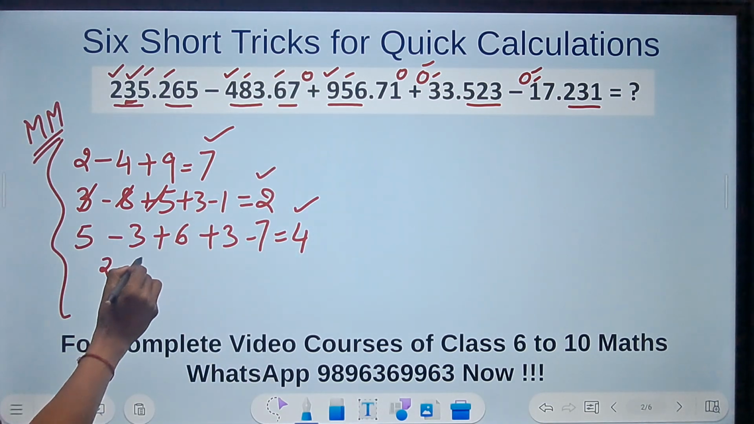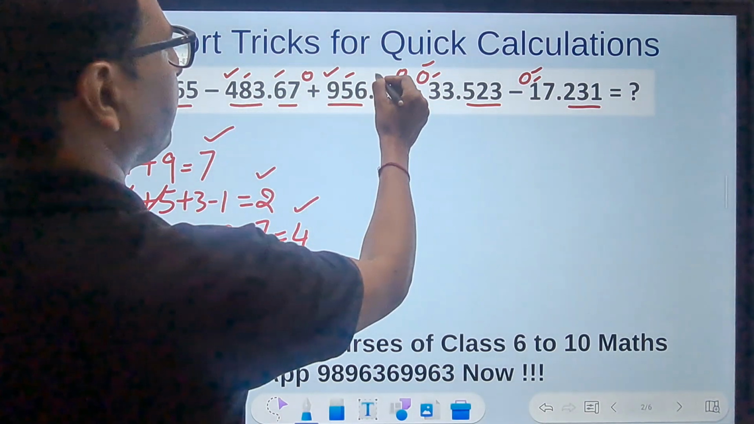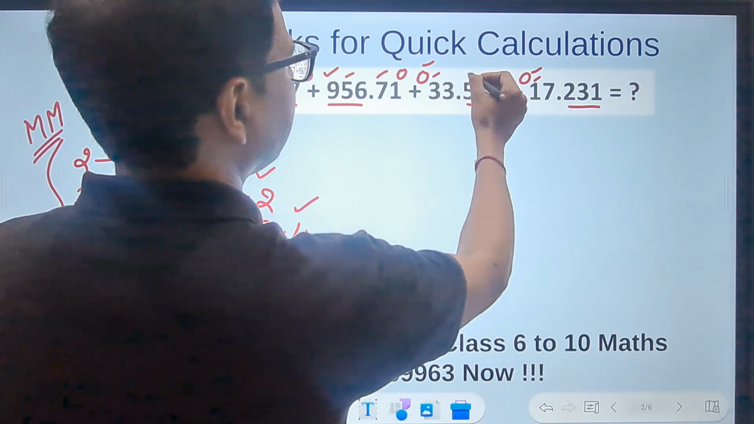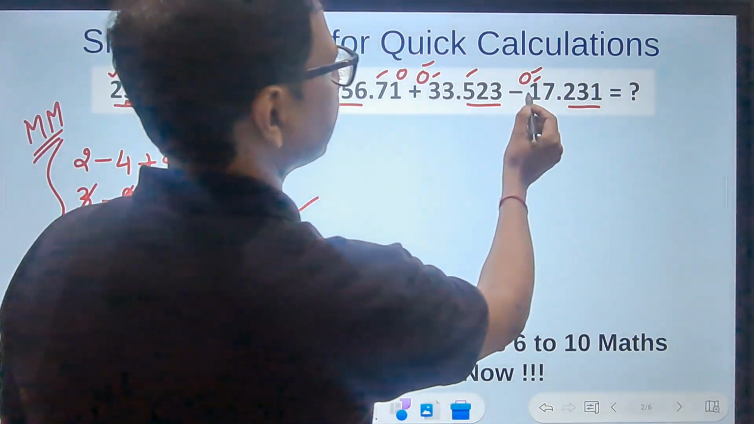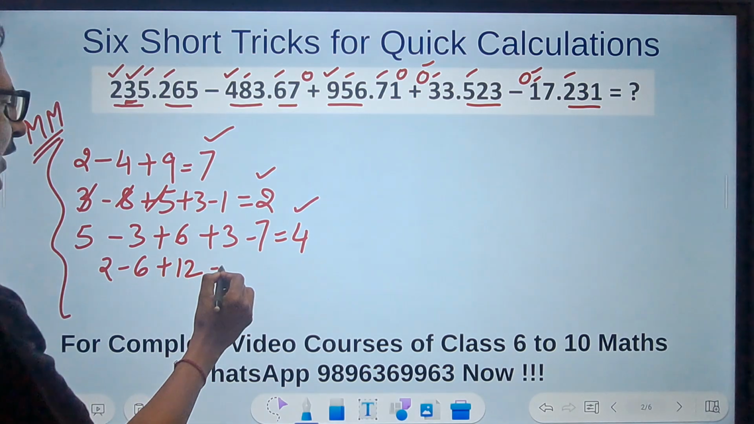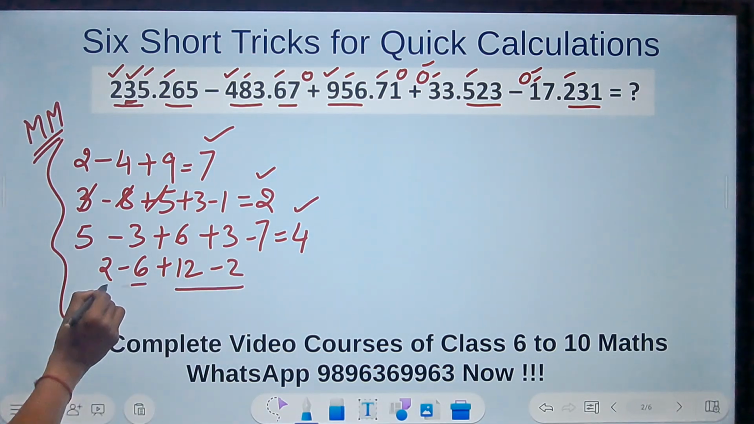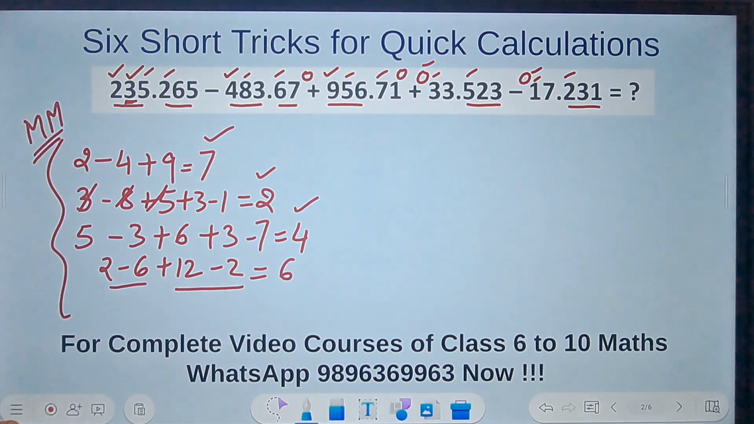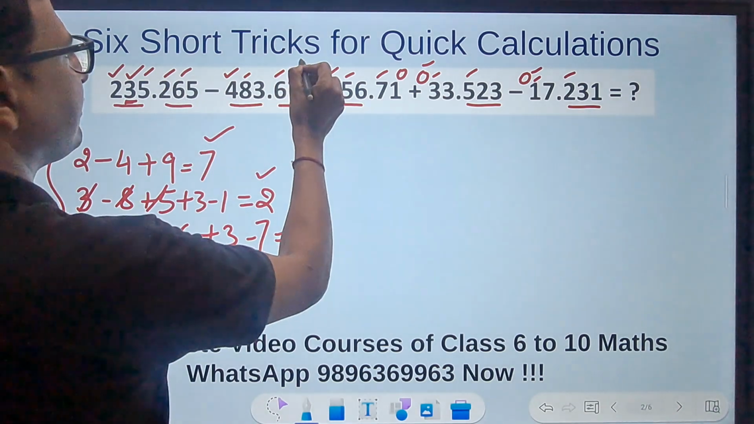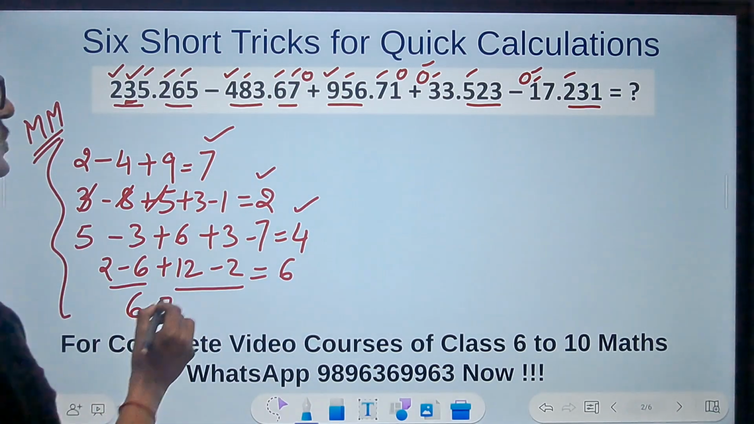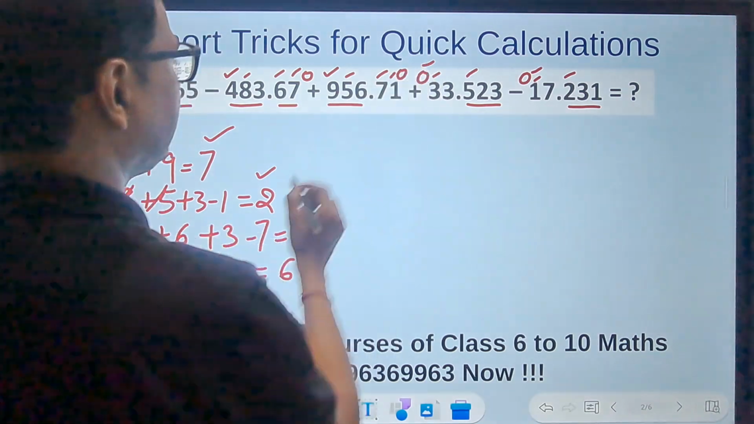So 2, I will write it here, 2 minus 6 and then plus 7 and then plus 5. So plus 12 and after that minus 2, right? So this is 10 and 10 minus 4 is 6. And likewise the next digit 6 minus 7. 6 minus 7 is minus 1 and then plus 1